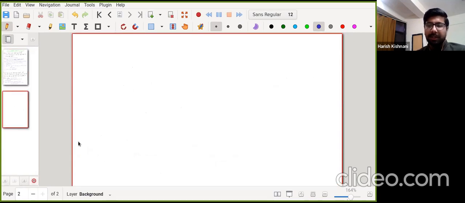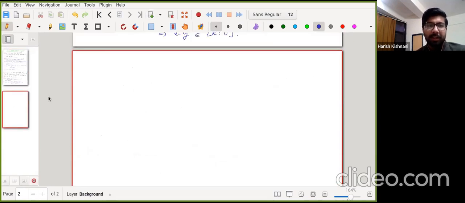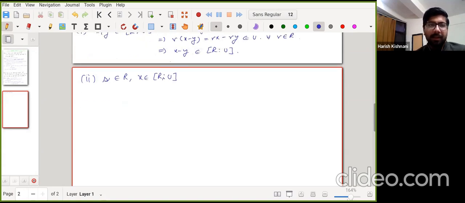Now, the second thing is to check whether it satisfies the second property of the ideal. So let's say some s we can take. s belongs to the ring R and x belongs to this set Ru. What is your take on that? Whether sx will be there inside the set Ru or not. So this implies that rx belongs to U for all